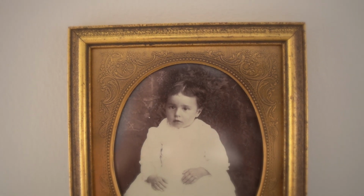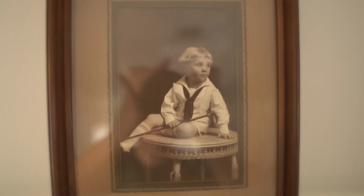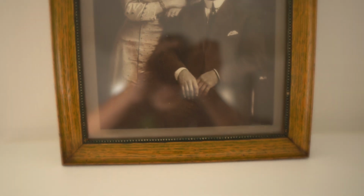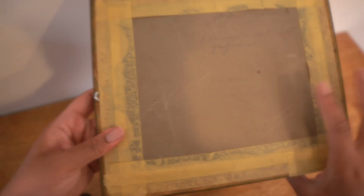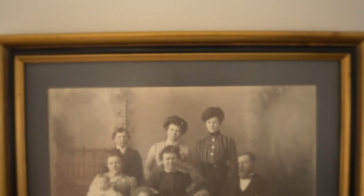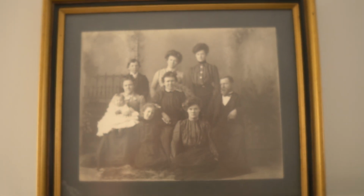As I walked through the estate sale, there were so many historical items. Family heirlooms, photographs, personal letters, bank statements, and even tax records. And they all dated from the late 1800s to the early 1900s. I was blown away by this, and at first I didn't appreciate the value, however, and the meaning behind these pieces,